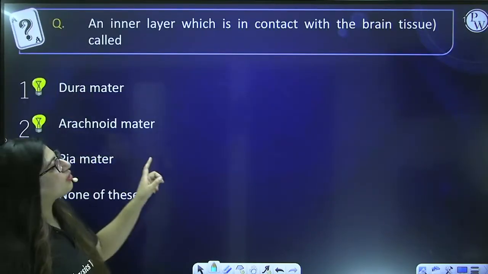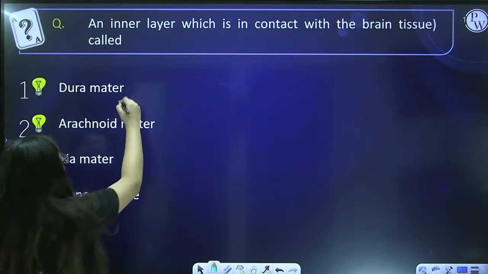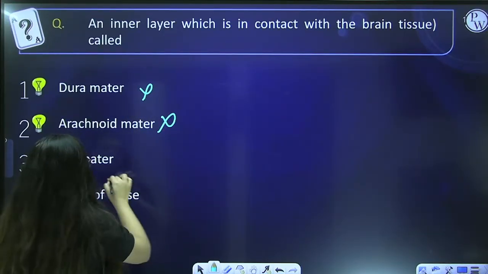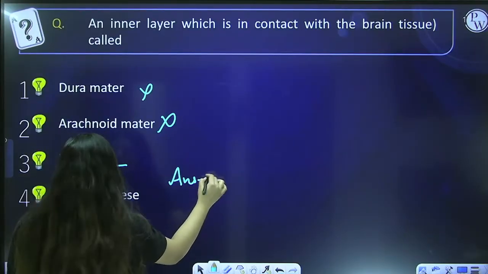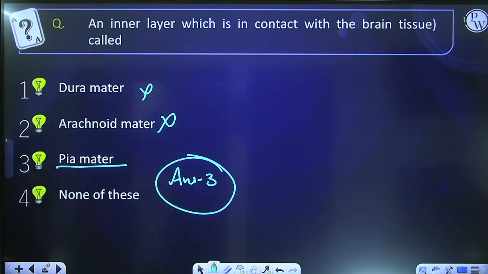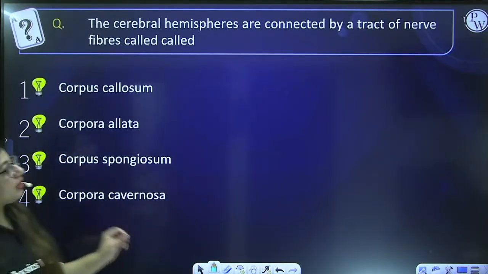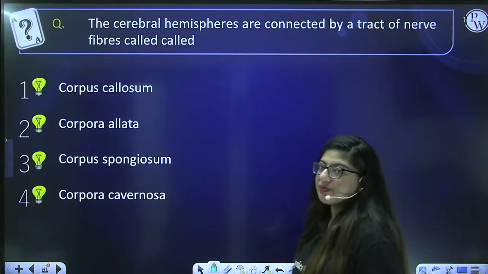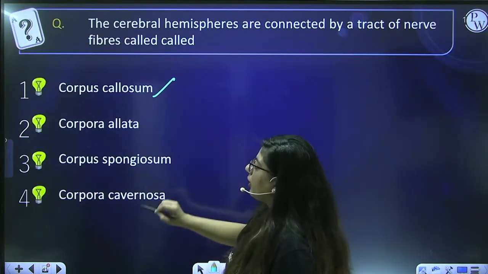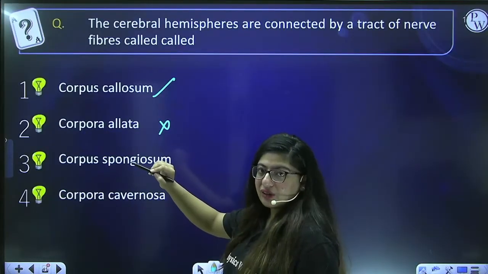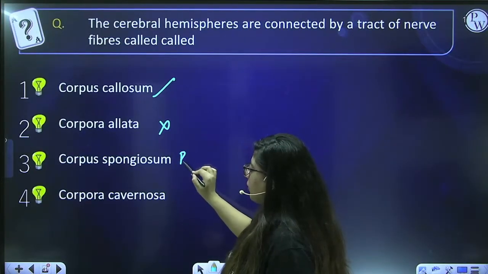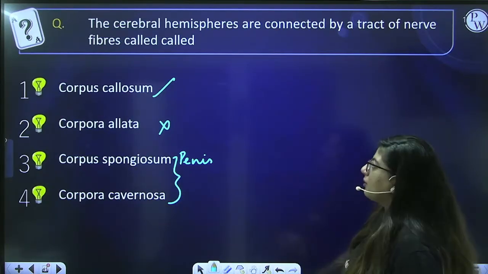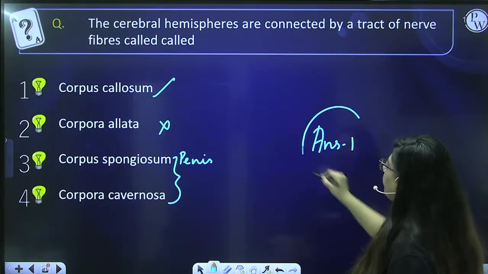An inner layer which is in contact with the brain tissue is called, very simple, not the dura mater, it's the outermost and durable. Arachnoid is very thin. Pia mater is the one which innervates the tissues. So the answer is 3. Next, the cerebral hemispheres are connected by a tract of nerve fibers called, very simple, corpus callosum. Corpora allata is the gland in the arthropods. Corpus spongiosum is present in the penis. This is also present in the penis. Okay, that's the connective tissue of the penis. The answer is 1. Next,